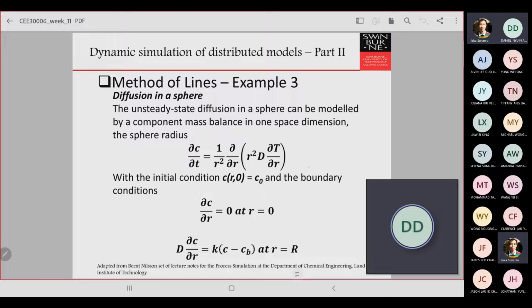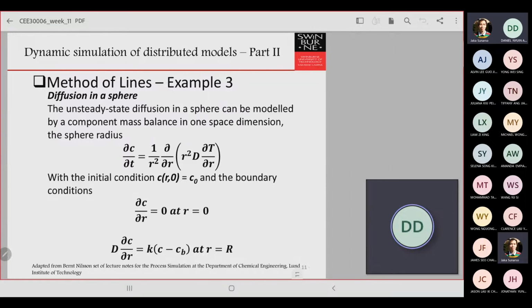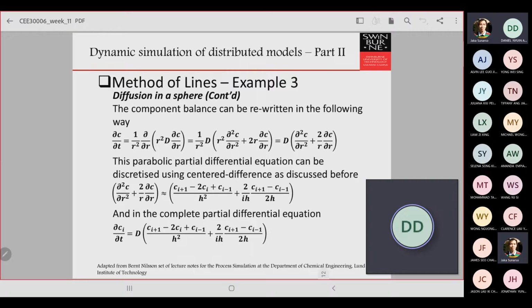Okay, if you ask me later on how I can derive these things, then this will be derived in transfer phenomena in more detail later. But basically in here we just show you how to solve the particular problem without much emphasis on the model formulation and the derivation. Okay, so this one can be rewritten like this.